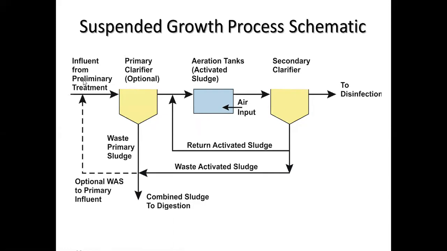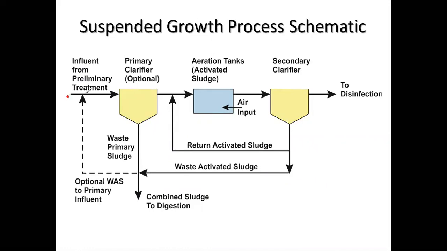Here you can see influent from the primary clarifier. Now here you can see influent is coming from the primary clarifier, or preliminary treatment. We have studied the complete wastewater treatment plant. So after the screening, the wastewater will go to the grit chamber. From the grit chamber, it will go to chemical precipitation, or directly it will come to the primary clarifier.